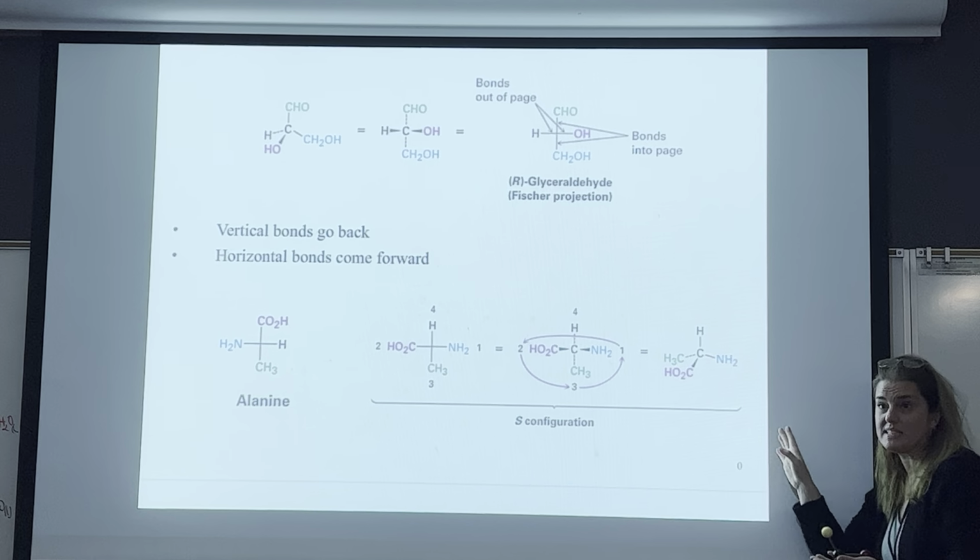And then this one is a whole lot more complex. And then we said, okay, now that we drew in the dashes and wedges, do you guys need me to do it for the enantiomers? Are you okay with the fact that the horizontal's poking out at you and the verticals are going back?